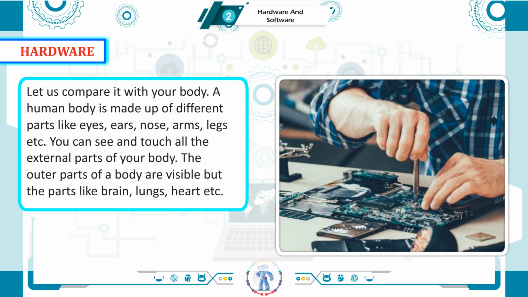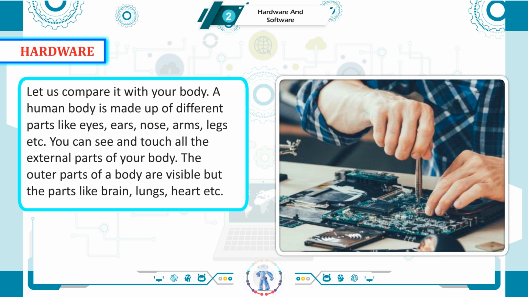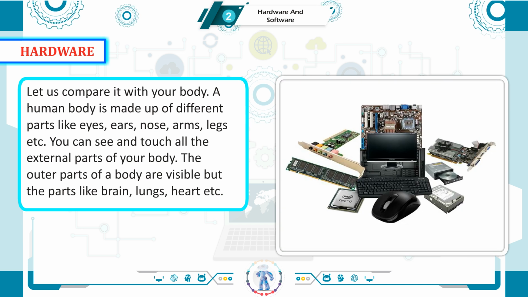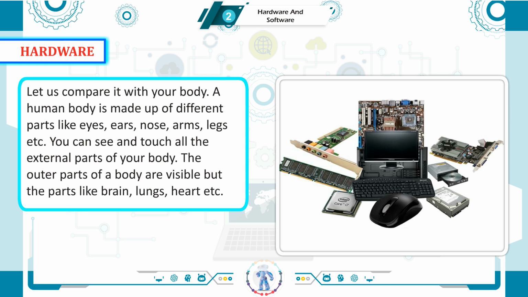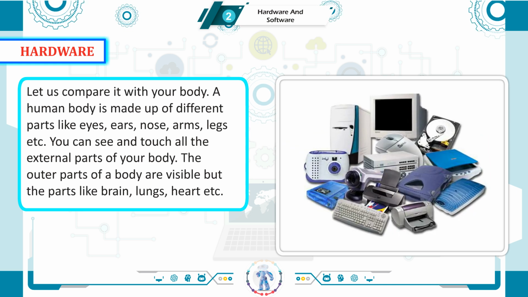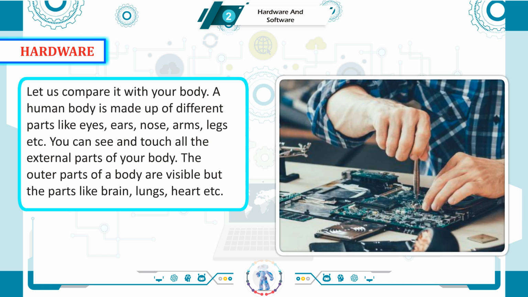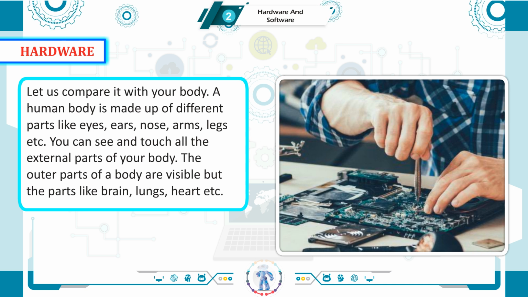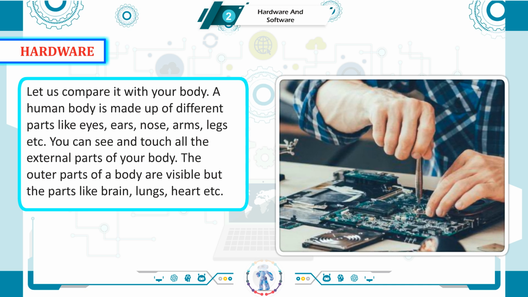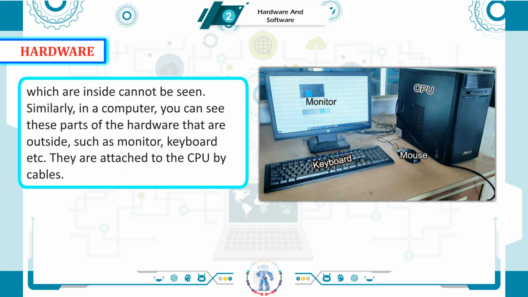Let us compare it with your body. A human body is made up of different parts like eyes, ears, nose, arms, legs, etc. You can see and touch all the external parts of your body. The outer parts of a body are visible, but the parts like brain, lungs, heart, etc., which are inside, cannot